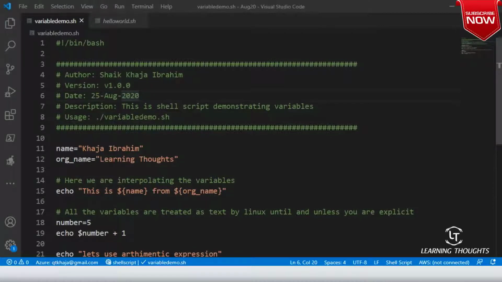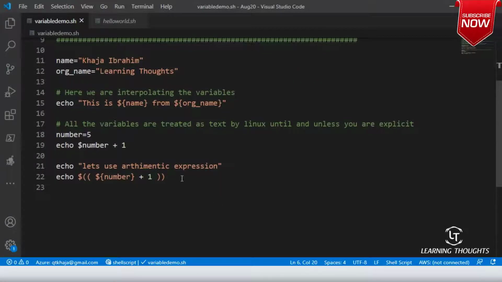Now, whenever we come across a word called variable, we also will come across a term called constant, right? A constant is a variable value which will never change. So in shell scripting, we don't have anything called a constant. It gives you a variable. Now you decide whether you want to change the value of the variable over the script or not. By default, we don't have anything like const like what C has and all of that stuff.